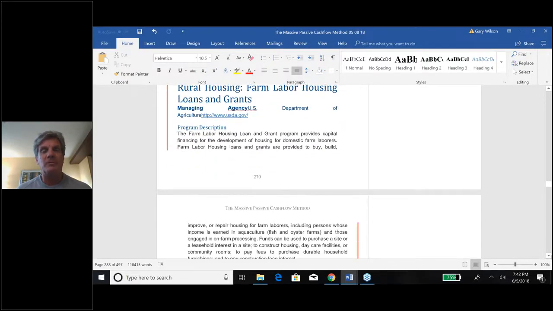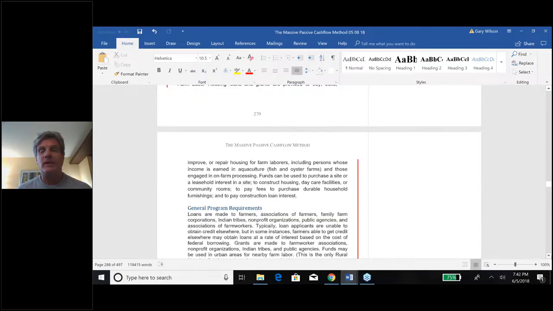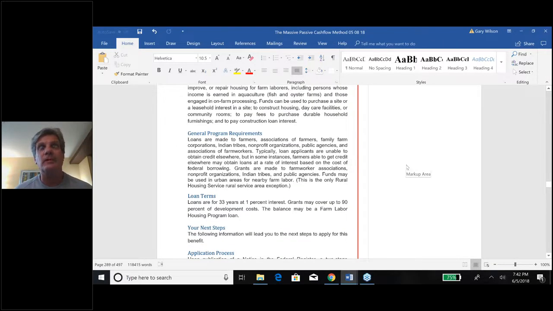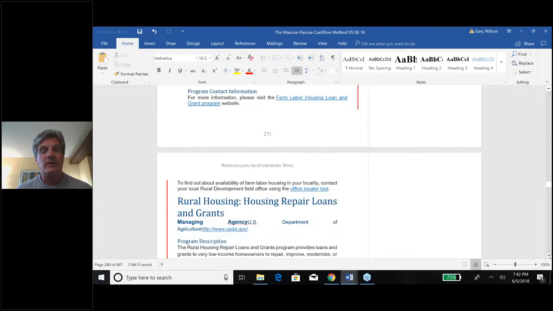All right. So in any case, there might be one more here. Farm labor housing loans and grants. You can use this to build housing for farm labor. I know people in Illinois have done this. South of Chicago and all that, down in corn country, they would build duplexes for the farm workers, okay, and rent the properties out to the farm workers who also made money farming the land. Great program, okay. That's another one for you there, particularly for those of you who live somewhat in rural areas.